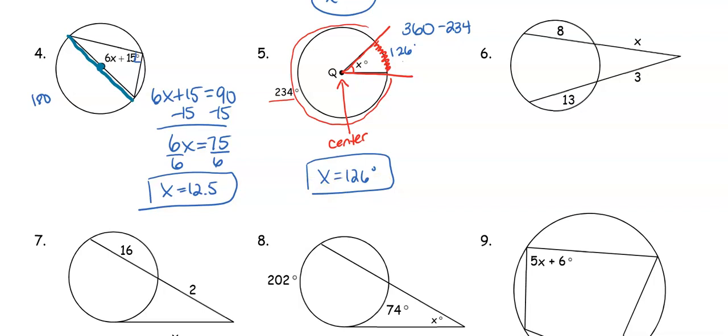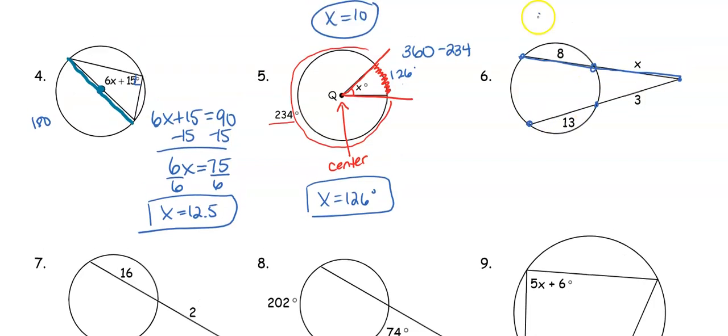Number 6, again, we look, do we have angles or do we have segments? In this case, we have segments. So yes, we would like, oh, the vertex is outside the circle, big arc minus small arc. That would be true if we were dealing with angle measures. But here, my line cutting through is a secant because it touches in 2 spots. So this is going to be our secant